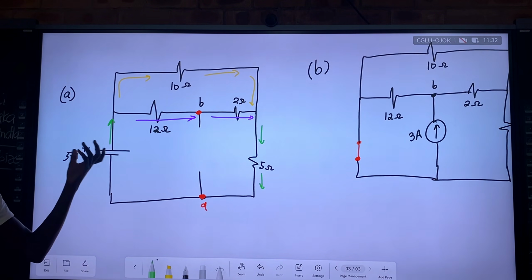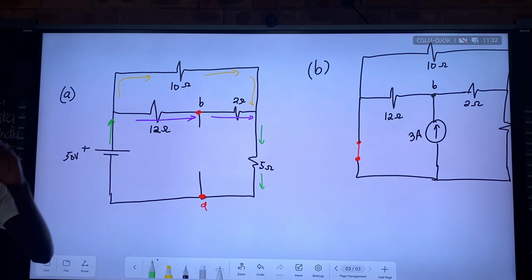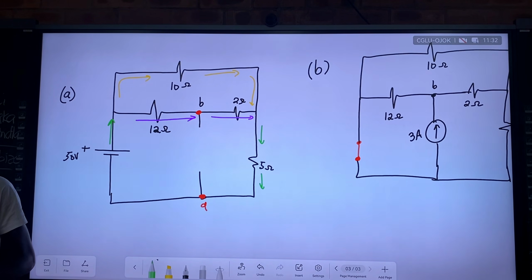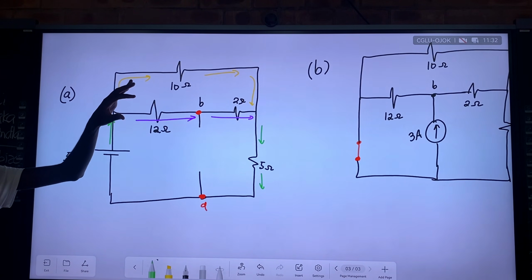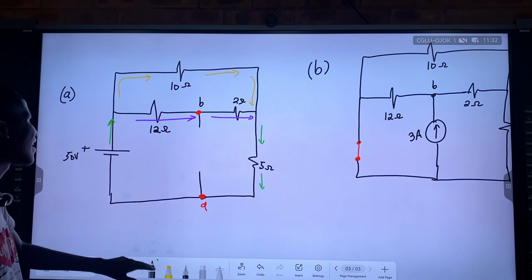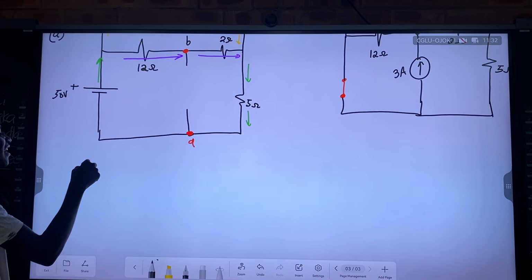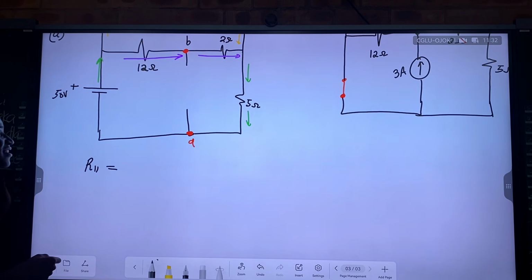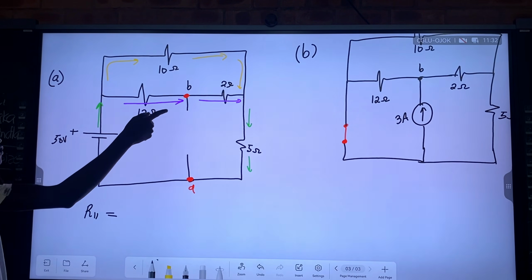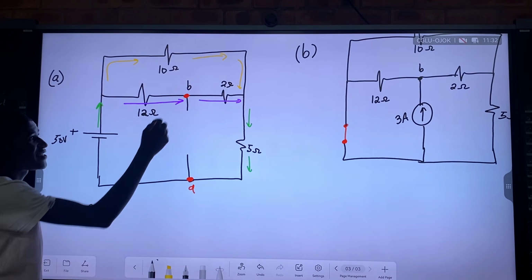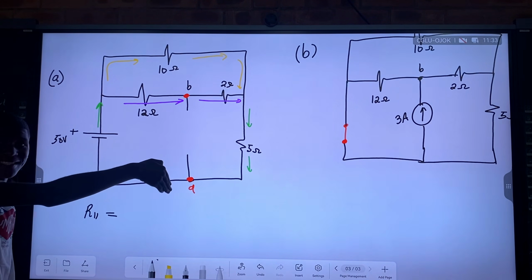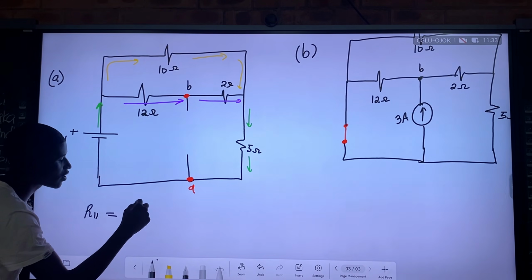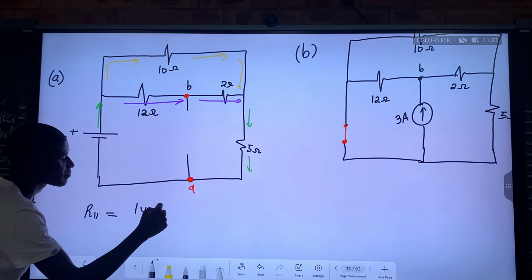And to calculate the total current, we need the total resistance and the total voltage, and use Ohm's law. Total voltage is 50 volts. First we obtain the total resistance. For the parallel branch, what is its effective resistance? It's going to be 12 plus 2, which is 14, right? Now they're in series with one another, because now there's no current splitting at this point. We've opened the circuit.